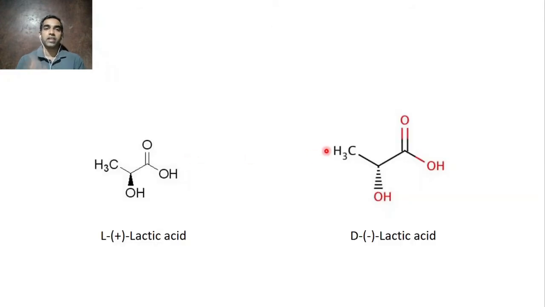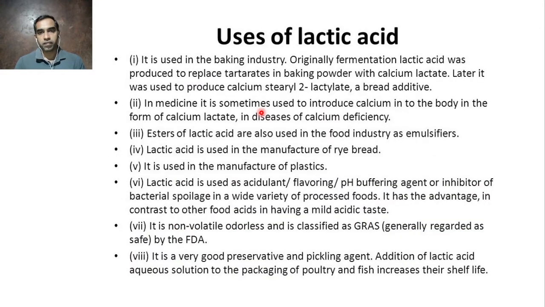So once it has a chiral center, it can exist in an isomeric form, or it may occur in racemic form, but you can separate them. You can separate them into plus and minus. So accordingly, you will get plus lactic acid and minus lactic acid. These are the structures. Not necessarily that you have to say alpha and beta. So one you can call it as plus lactic acid, another one you can call it as minus lactic acid. So these are the two forms.